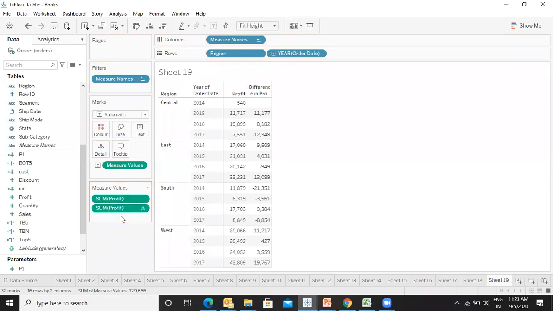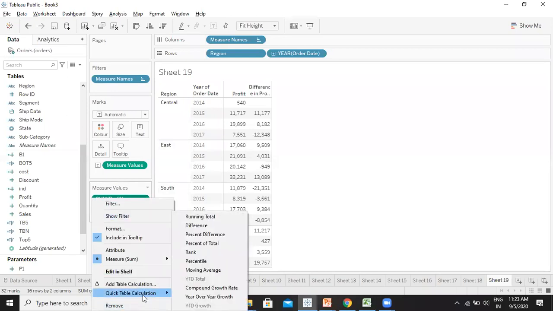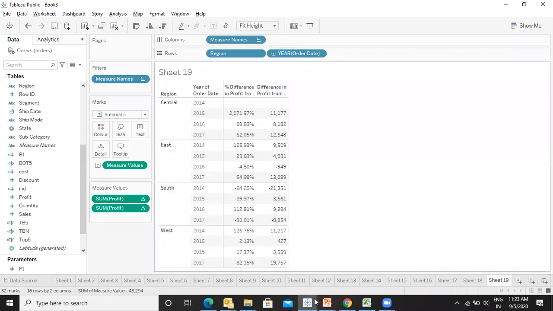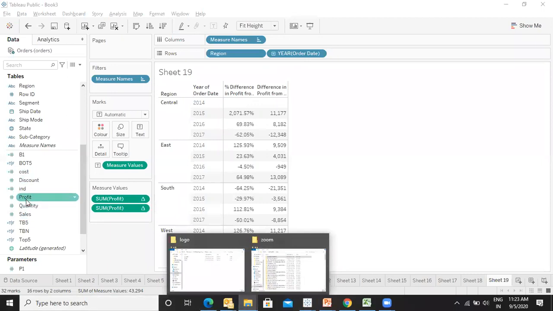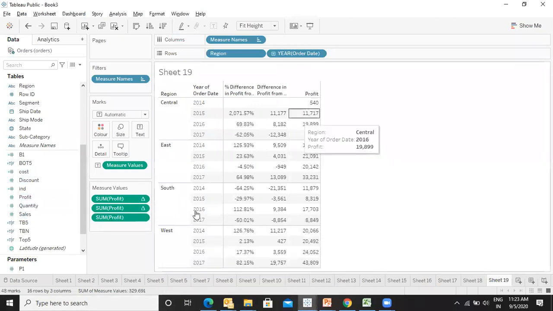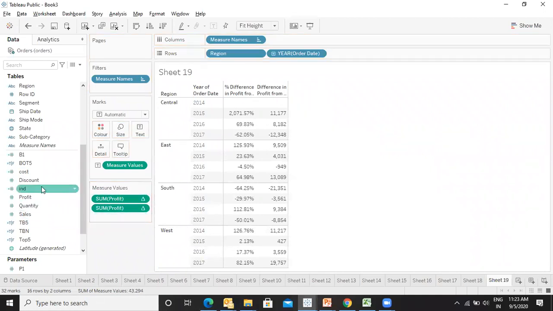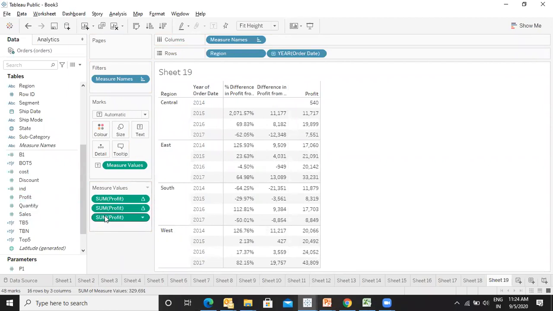This is the profit, this is the difference. Let's take percentage difference this time, and let's take profit once again. Let me put the profit over here.